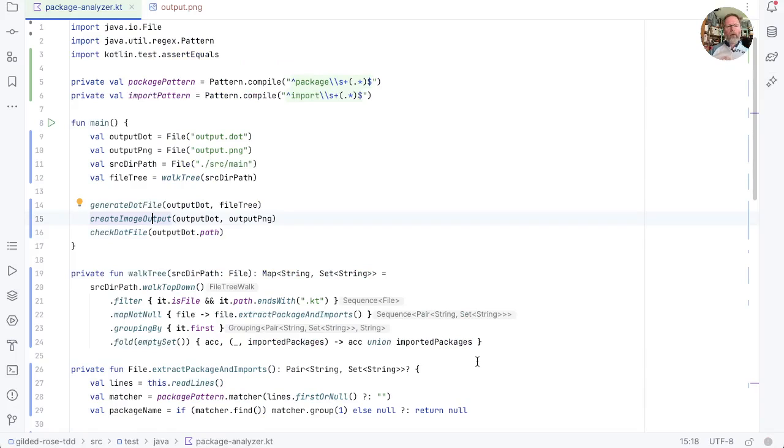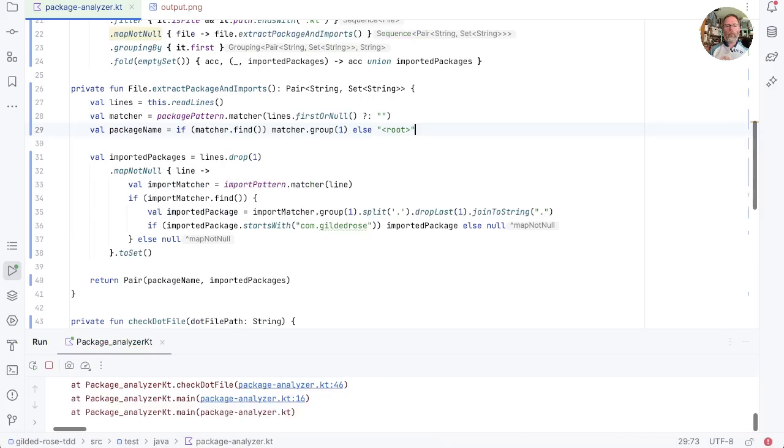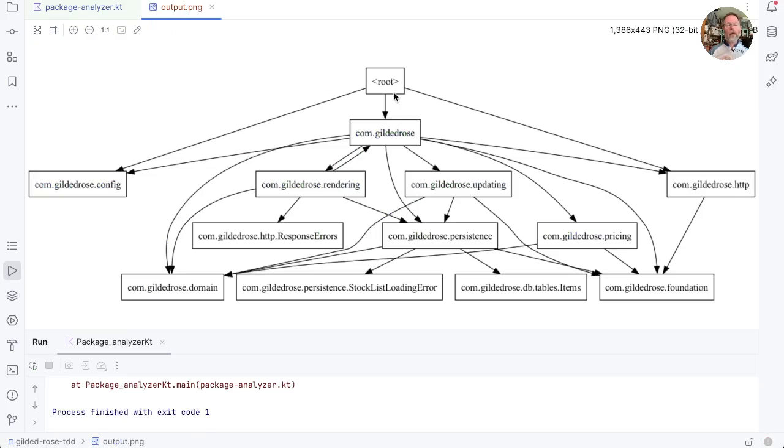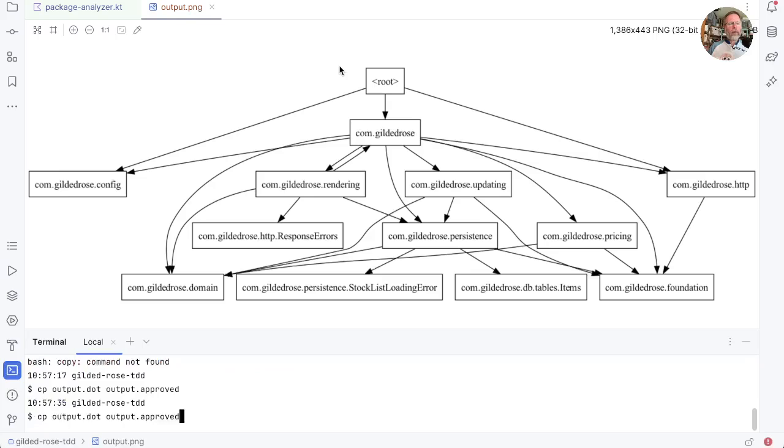One last thing while we're messing around by hand, and that's that if we don't find a package as the first line of the file, I think maybe we should use root. So we could use that in here as a special thing. And I think that would mean that we can't be null, so we can get rid of that. Let's see what that gives us. Well, we'll be different to the approved version, but let's have a look at the output. And then indeed does give us our root right at the top, which is pretty perfect. So now we can prove again by copying, run again,